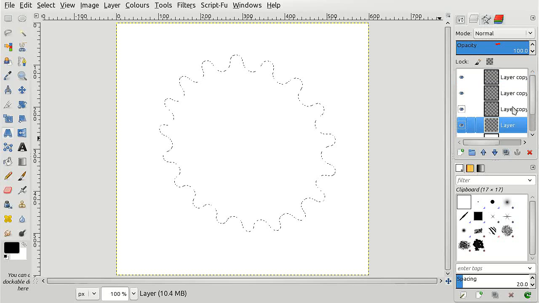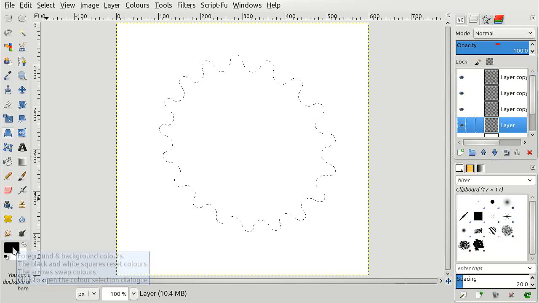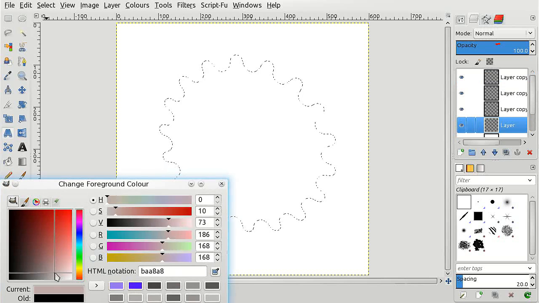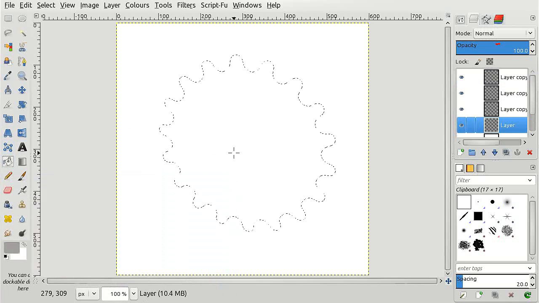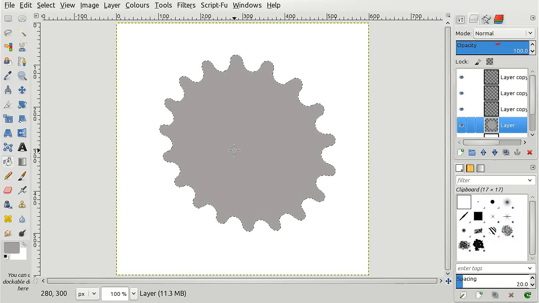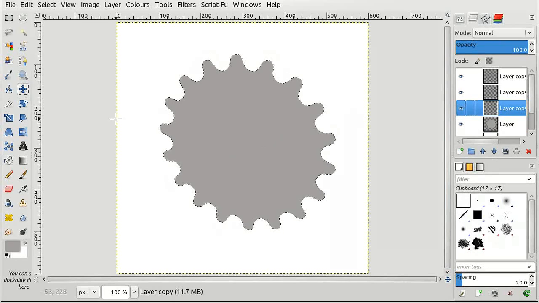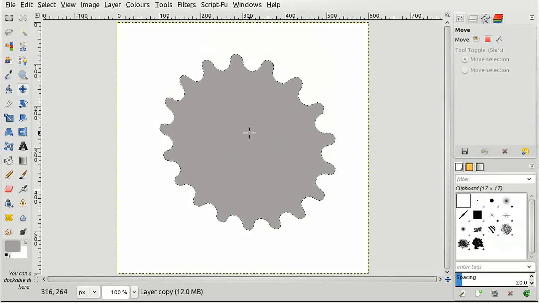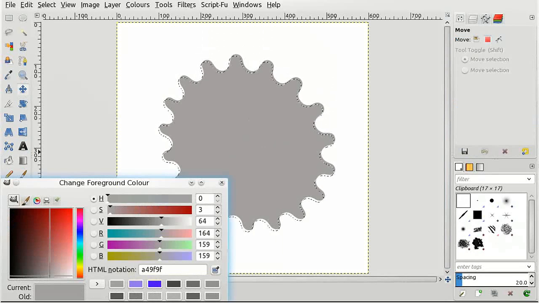I'm going to fill this with increasing shades of grey, and for each layer I'm going to nudge the selection using the keyboard cursor keys. I'm going to nudge the selection down 4 pixels down and 4 pixels to the left,